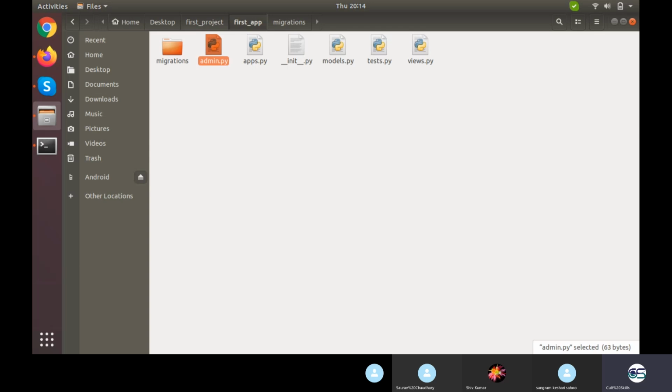Models.py will store, what do I mean by model right here? So model will store the entire database structure. Any change in the model will be shipped to the database platform with the help of migration. So migration, as you can relate with the English word, migrate means moving from one point to another. So migration in Django is nothing different but shipping the database changes, or any addition or removal of a column, or any change in the constraint, from the Python code to the database serving platform.